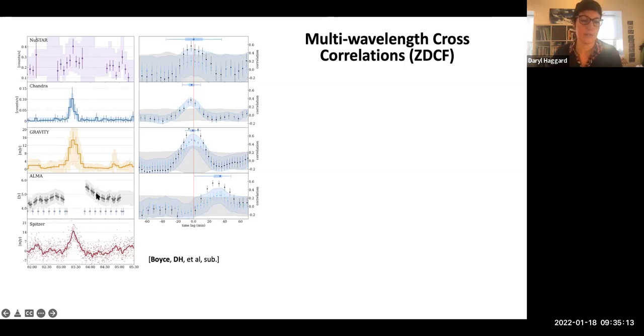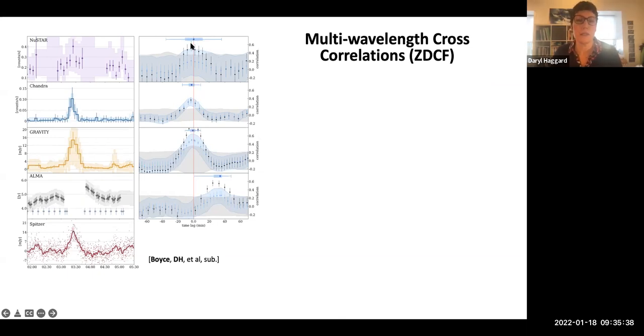But again, we can kind of say, okay, well, maybe if we're seeing part of the peak, or if we extrapolate and try to figure out what the shape of this flare might have looked like, we can still use this in our analysis. We take the Spitzer data as our basis for comparison because those light curves are very nice and very long and very even. And we correlate each one of these wavelengths, NuSTAR against Spitzer, Chandra against Spitzer, GRAVITY against Spitzer, ALMA against